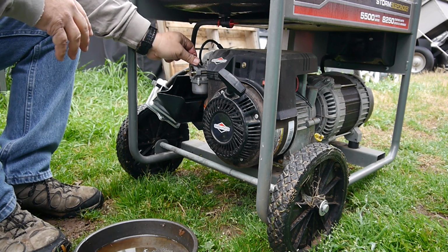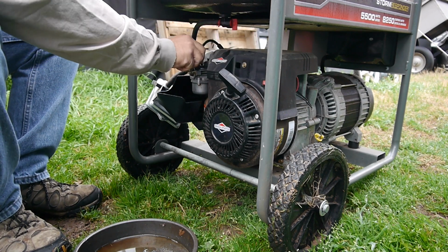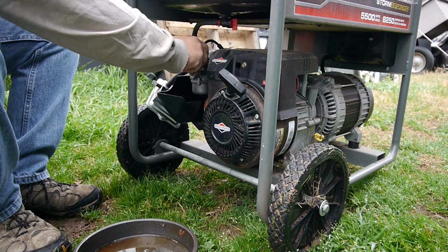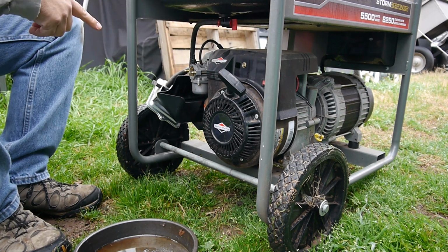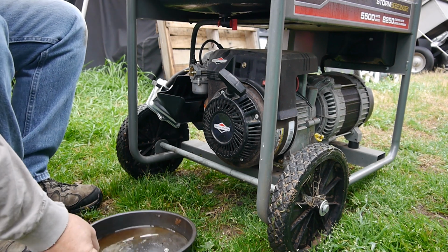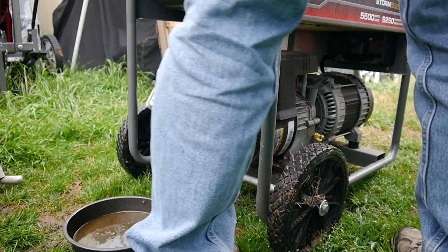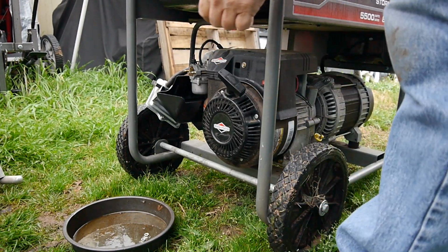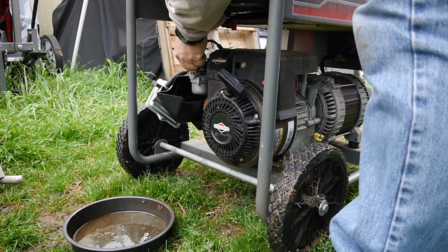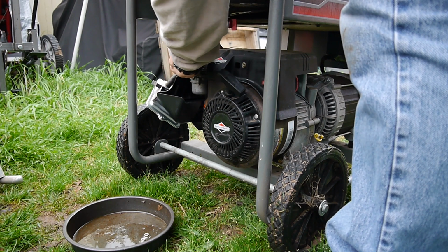Alright, so let's put the choke on, turn the gas on. I'm going to let the bowl fill and make sure there's no leaks. There shouldn't be. Just wait a couple of seconds. And this is old gas, so hopefully it'll still run on it. It might run kind of rough because of bad gas, but